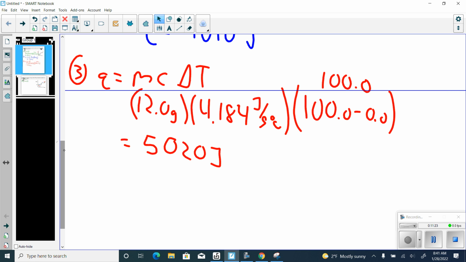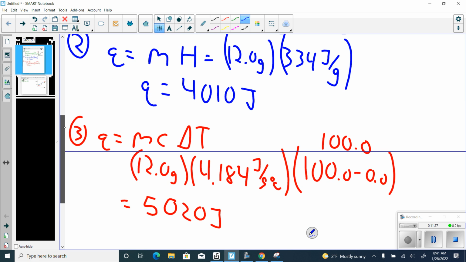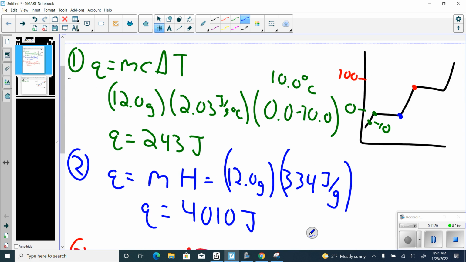We're over halfway done. I'm going to go back to my heating curve again. Currently, I'm at the red dot. I'm at liquid at 100 degrees Celsius. Normal conditions of pressure, that's as high of a temperature that liquid water can obtain. If I keep on adding heat, I am going to vaporize it. I'm going to turn it into a gas. So my fourth step